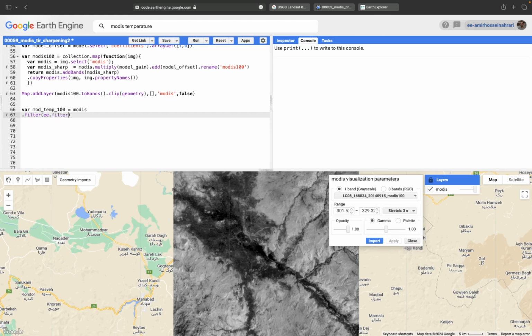ee.Filter.calendarRange. For example, I'm gonna call the data only for July because July is a cloud-free time, at least in the region I'm working. You can choose any date or any month that works for you with a cloud-free condition, or it depends on your application. I'm using July not only because of the cloud cover, but because the vegetation cover is also higher in the region I am working. And then the calendar field will be month, and make a new function for each image